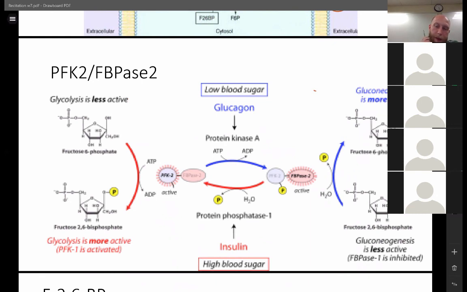The main point is that when you have high blood sugar and insulin is signaling, then you're going to, if I get this right,